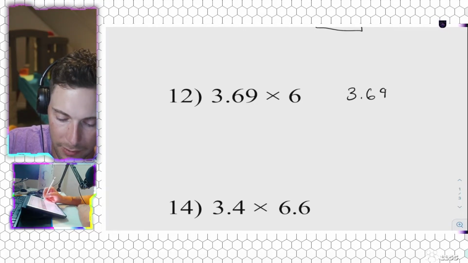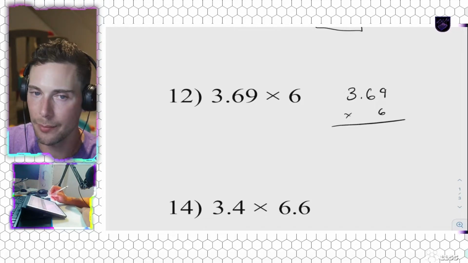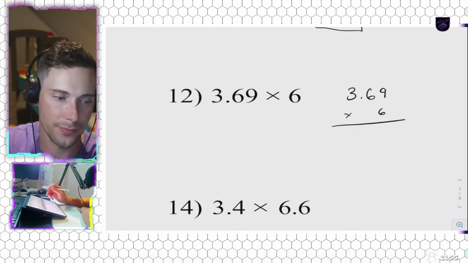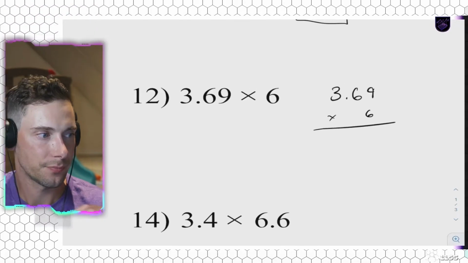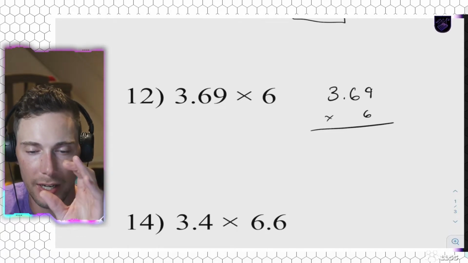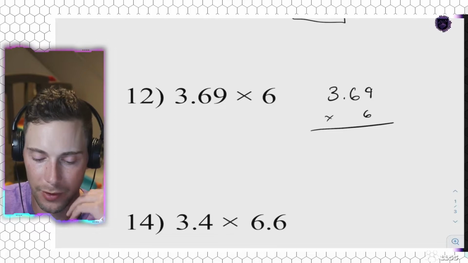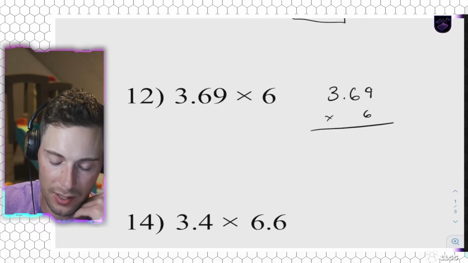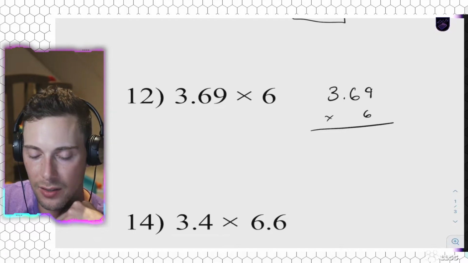3.69 times 6. Again, I'm not going to write and try and line up my decimal points. That's not what I want to do. I want to just keep it simple and use my strategy at the end to find how many decimal places I need to move over. 6 times 9 is going to be